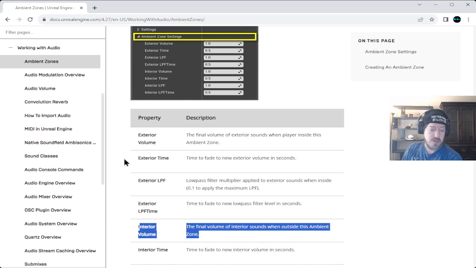I don't know. I'm just looking at this and going, if we turn the interior volume for the medium box to 0, so we don't hear the blacksmith, that would basically cut off any sound in that area, like if we're dealing with a market. So if you exit that medium box, then sure, you no longer hear the blacksmith, but you no longer hear the market hustle and bustle either.